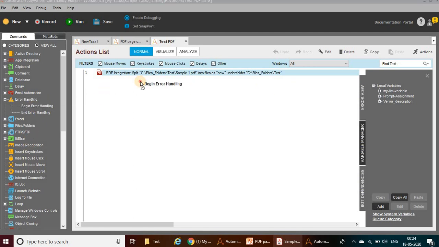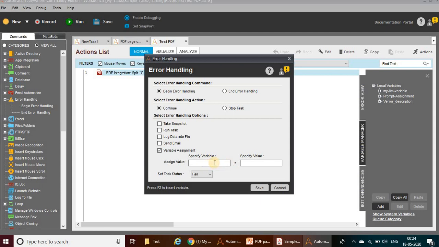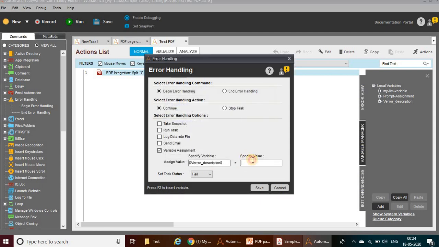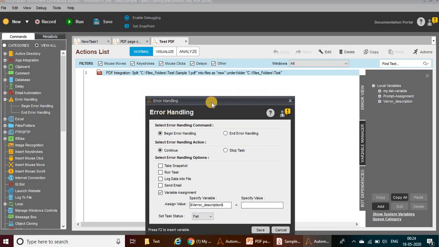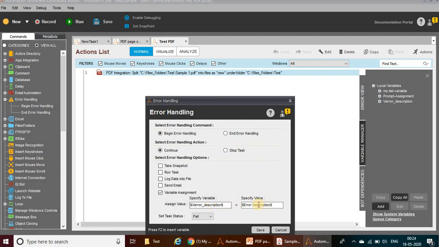Let me drag and drop the begin error handling, then variable assignment, assign value v error description and specify the value. In the error description, we got the error message, right? It contains 475 pages. We need to extract that information. So specify the value here, error description, and click on insert. Very simple.